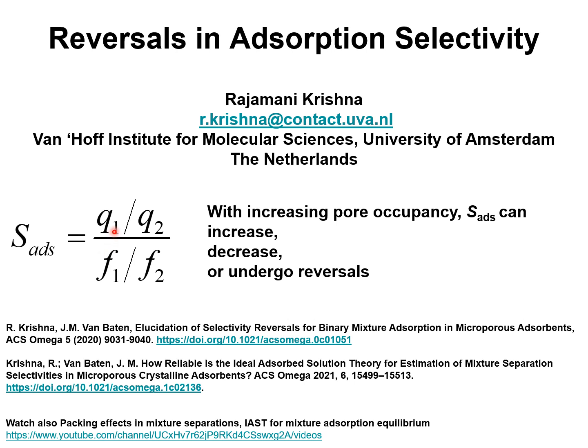For separation of a binary mixture of components 1 and 2, the adsorption selectivity of species 1 with respect to species 2 is defined as the ratio of the molar loadings of component 1 with respect to that of component 2 divided by the partial fugacities of component 1 with respect to that of component 2. We could use the partial pressures in place of the partial fugacities if the gas mixture is not at too